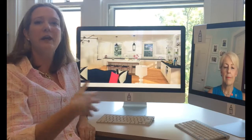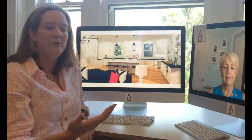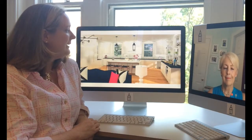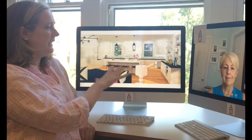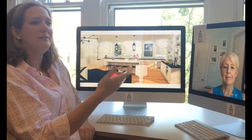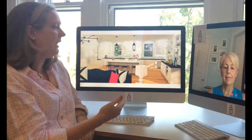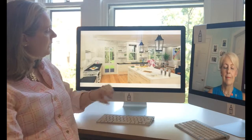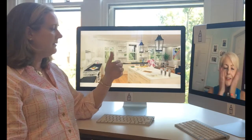So I took an initial pass at the kitchen and I designed what I thought Chris would love after a few conversations where I got to know your personality a little bit. So this is what I came up with initially, and I loved this big open floor plan, open concept. But then I called Chris and we made some tweaks and we tried to make it more what we knew she would love. And the first thing that we did, I'm going to go to the next slide, Chris, is we designed this big, beautiful island because,